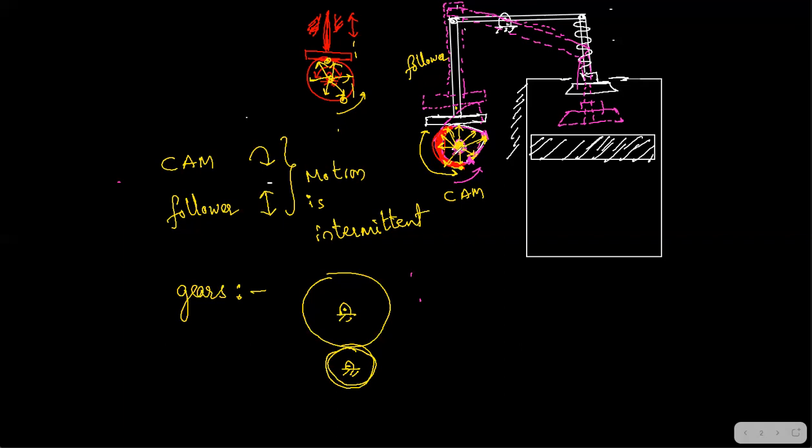We have different types of motions. So this is also different from gears. In comparison to gears, you have continuous motion in gears, but in cams, you can even have intermittent motion. You can even have continuous motion if you want. You can design the cams in such a way that you can have continuous motion also. So there is no limitation. You can have any number of ways in which you can design cams and followers. So now the first model of our cams and followers I'm going to discuss.